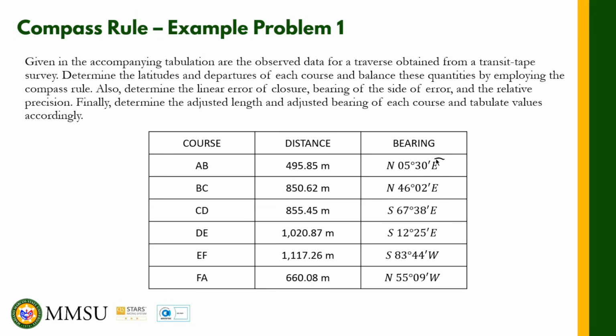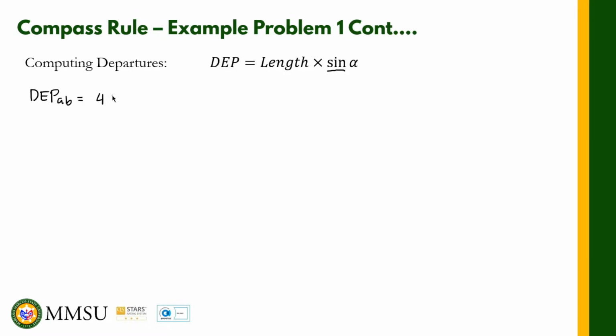Remember, ito naman yung ano natin for the departure. It's either east or west. Kapag east ito, positive. Kapag west, negative. So east, this is positive. So 495.85 meters multiplied by the sine of 5 degrees 30 minutes is equal to, since this is to the east, this is positive 47.53